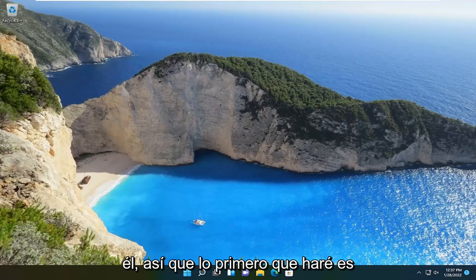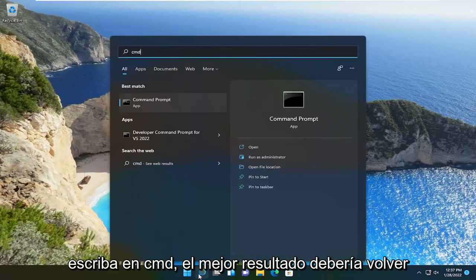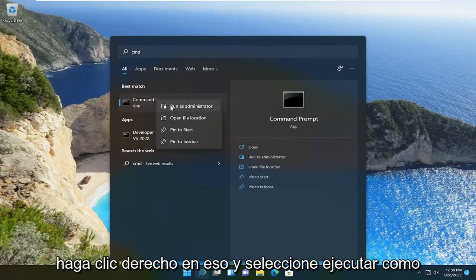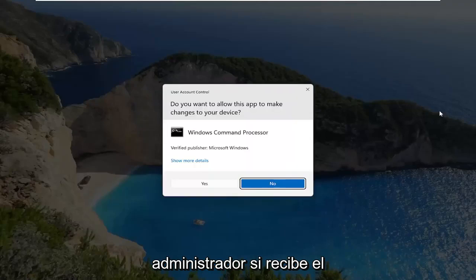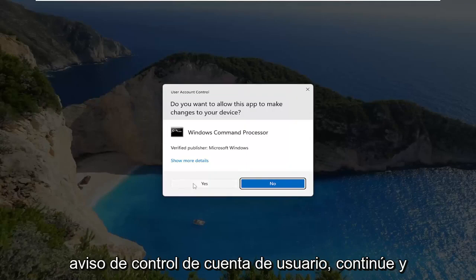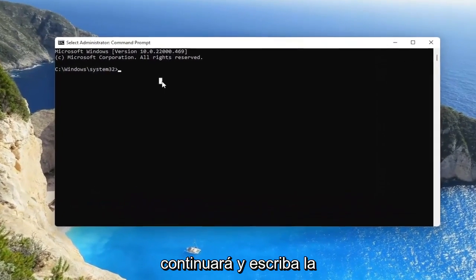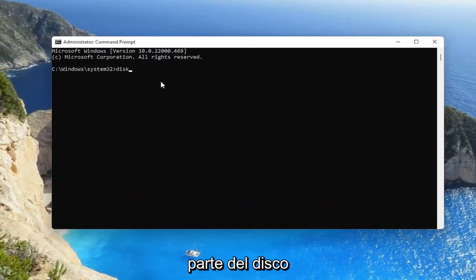So first thing I'm going to do is open up the Start menu, type in CMD. Best result should come back with Command Prompt. Go ahead and right click on that and select Run as Administrator. If you receive a User Account Control prompt, go ahead and select Yes. Now into this elevated command line window, you're going to go ahead and type in diskpart,